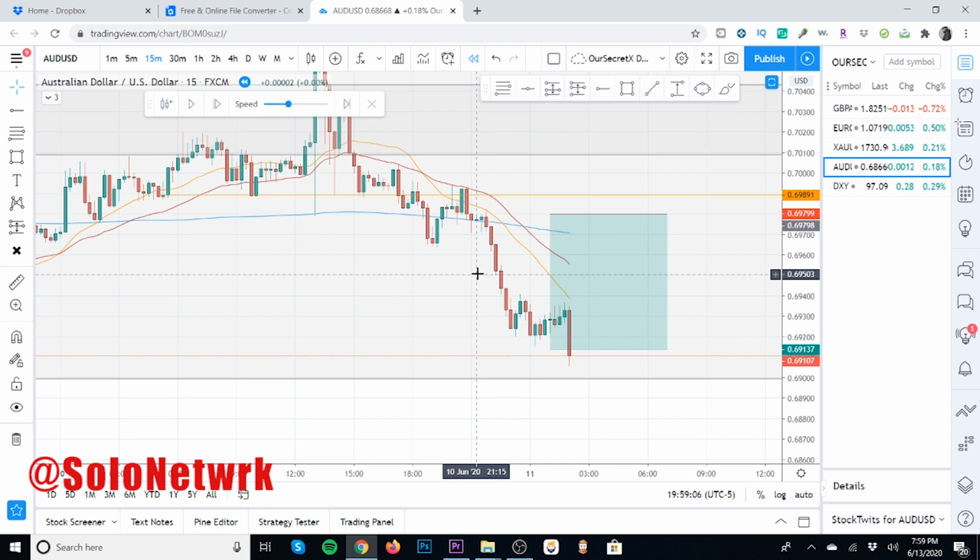But if the market for whatever reason decides just to spike back up, you didn't lose anything, right? So you're not losing anything at all. And that's the beauty of understanding how to manage your account. Understand how to manage your risk and rewards, because at the end of the day, if you can learn the fundamentals of risk and reward, which I will be teaching in other videos and also in my courses, you can become a monster in the market, because really